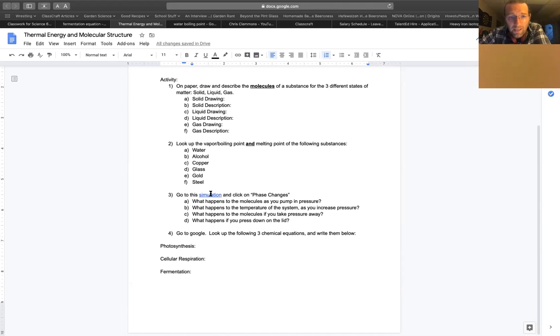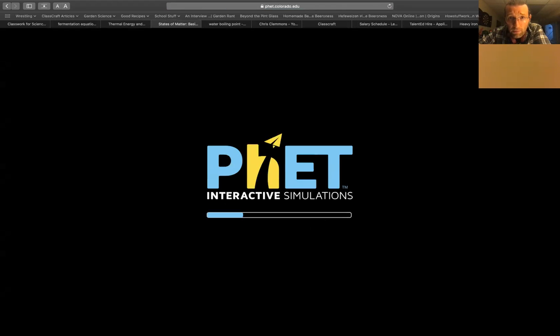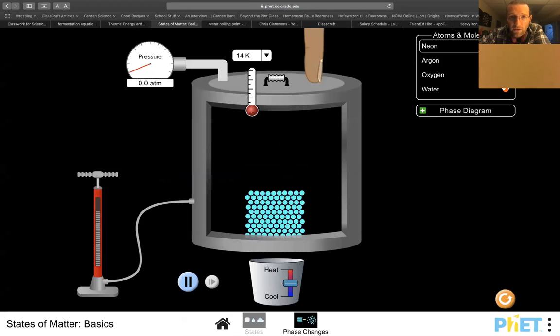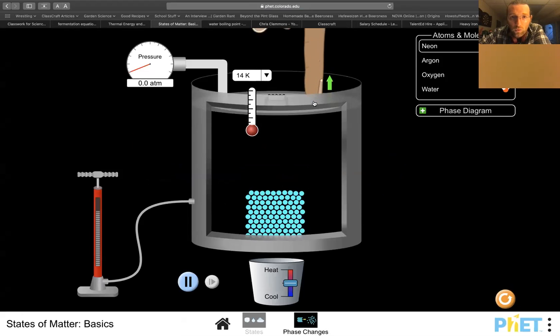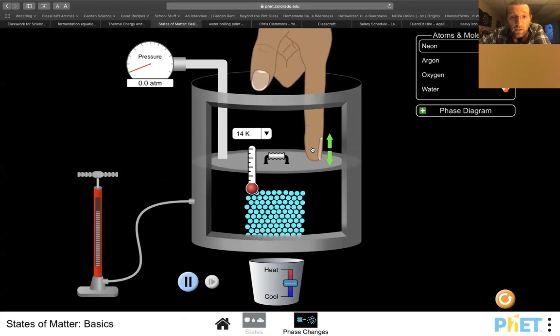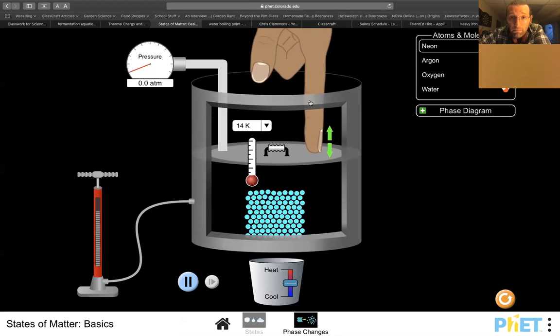So there's some interesting concepts here that I wanted you guys to get from this, basically by playing around, because that's all I asked you really to do, is play around and then answer some questions. So when you go to phase changes, you'll see this finger here. I am able to reduce the amount of space in my container. That's important to know. Okay, so keep that in mind.